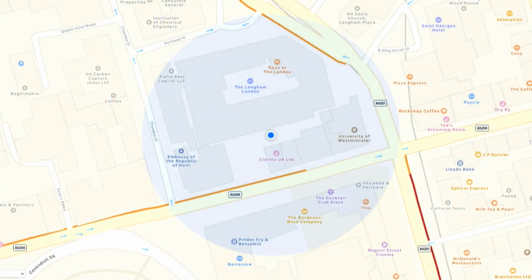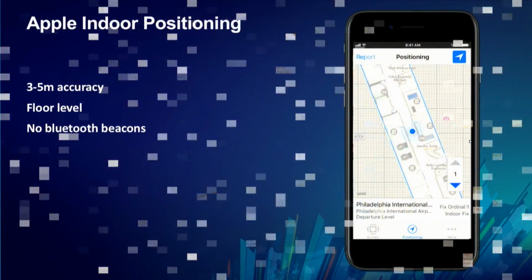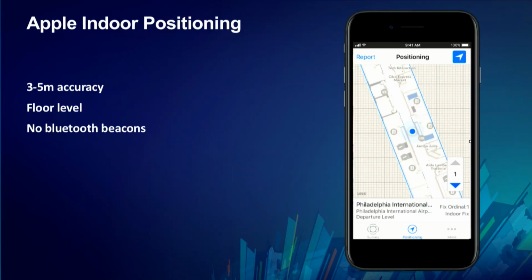Now, this is kind of what you see today without any indoor positioning. As you can see, the position confidence level is pretty low. At this venue, we've partnered up with Apple to provide this indoor positioning, and what we are using is the Wi-Fi access points. Most of the facilities already have access points, so there is no additional investment needed. The downside is the accuracy is about 3 to 5 meters, which in a lot of use cases is good enough, right? For this kind of a place, you want to get to a room, you're in the vicinity, and you just lift up your head and you know where you want to go.